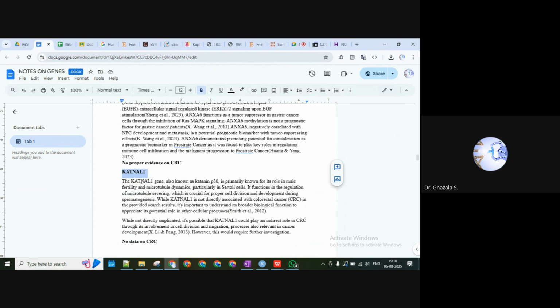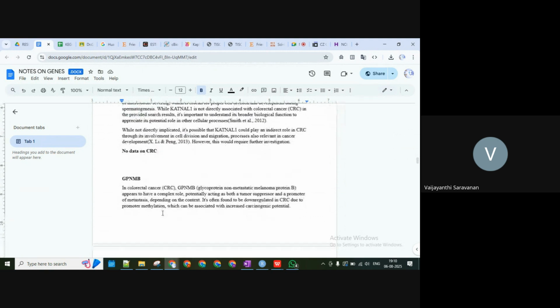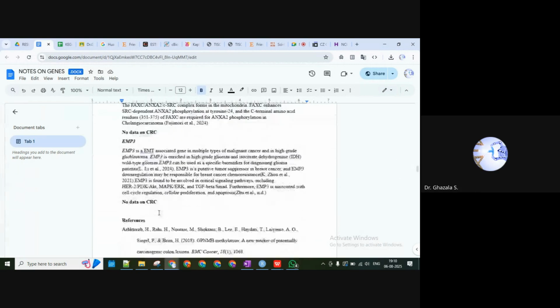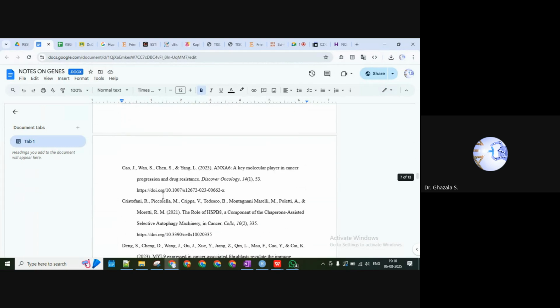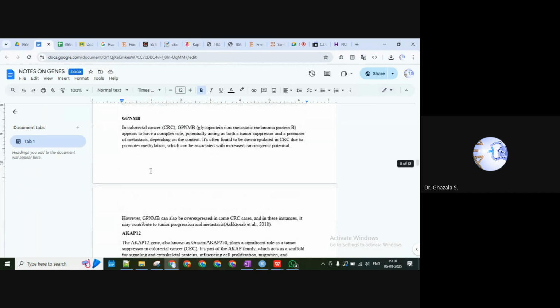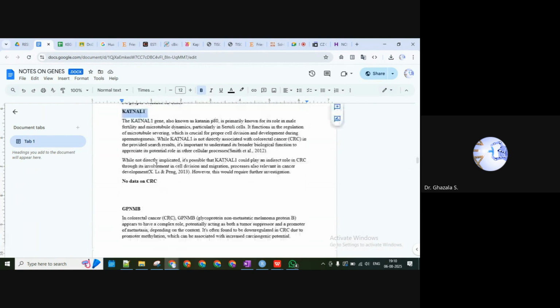Okay. Did they give any reference to another paper? They have simply mentioned that it has an indirect role. That's it, and that is why I have given you the entire chunk. If you have gone through the entire notes, you might have some idea of what I have given on each and every gene. So, references I can see, but what I am asking is whether they are mentioning that it is present in CRC in some way. They have not mentioned how, right? They just mention it is present in CRC.